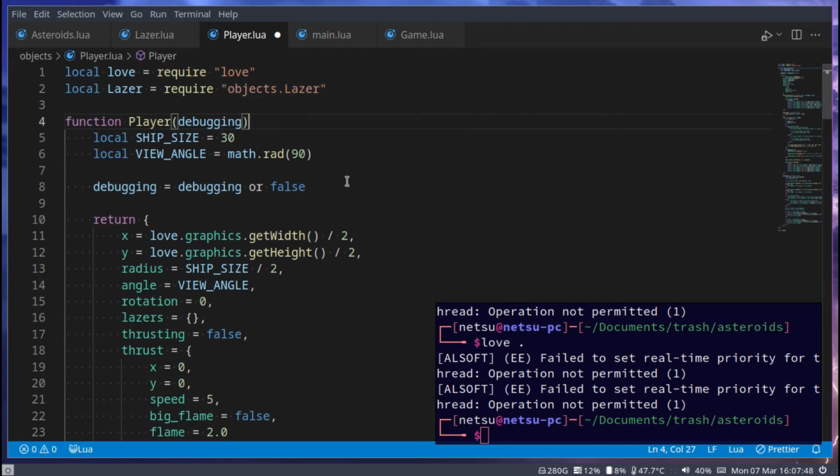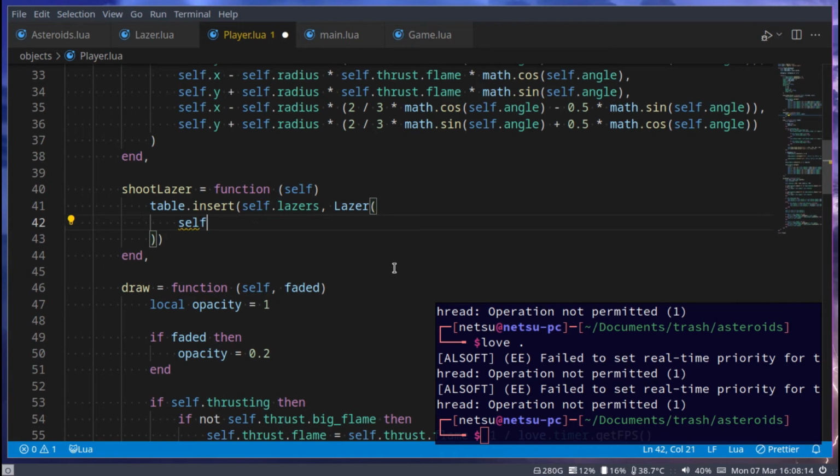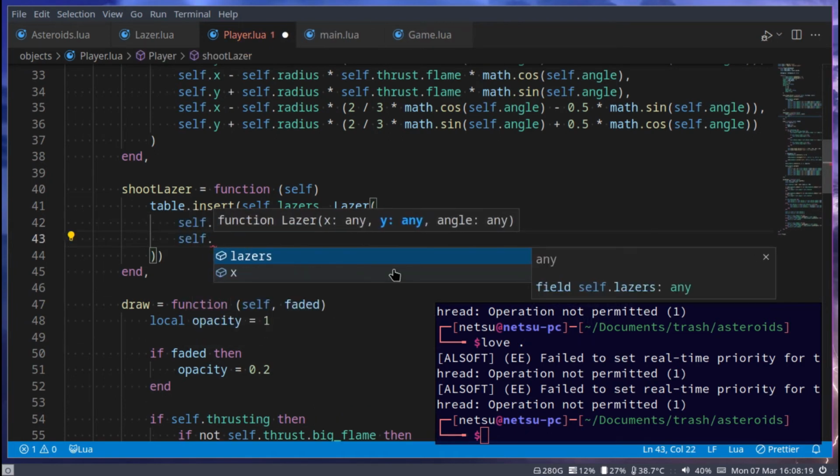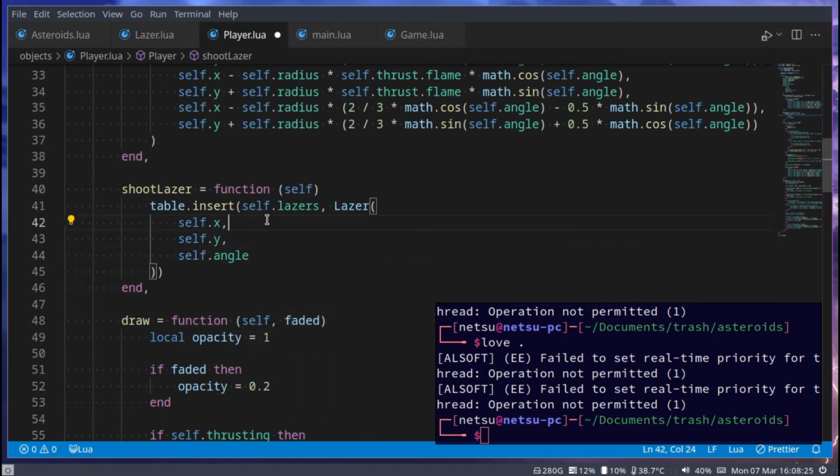if it works. Now down here, where we do this, we can go laser, and then it needs the x-axis, and the x-axis will basically be the same as our player, but we'll tweak this a little bit just to get it right. Let's go self.x, and we'll tweak it so it's found like this. Self.y, self.angle. Cool. We'll tweak it more later because this won't necessarily work that great yet, but I just want to